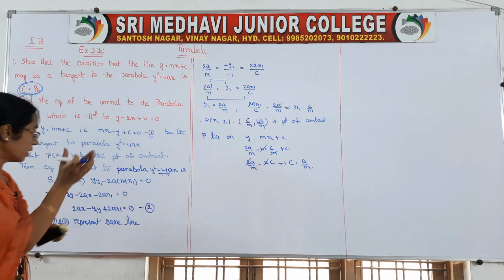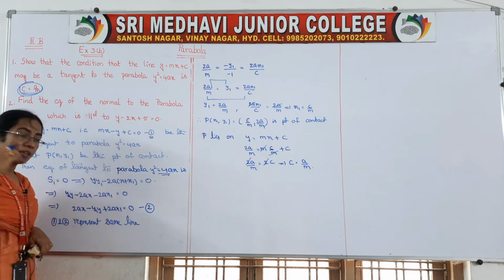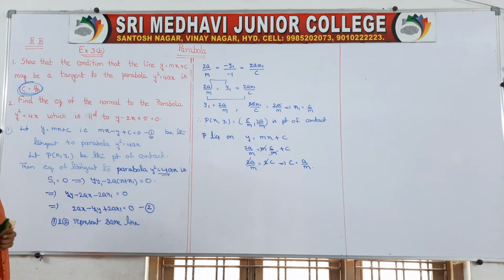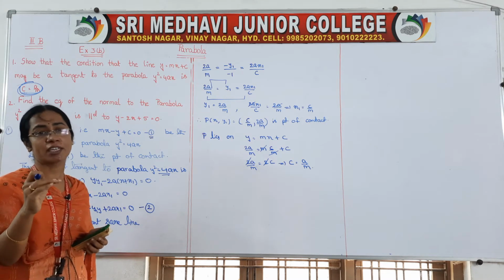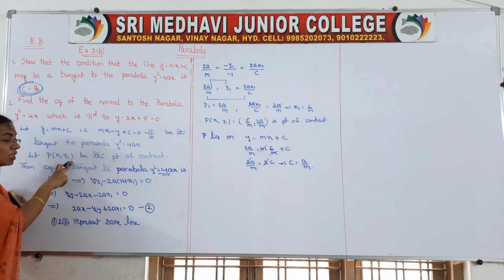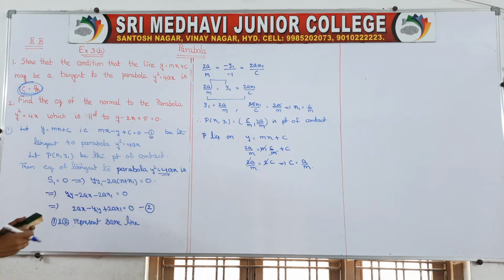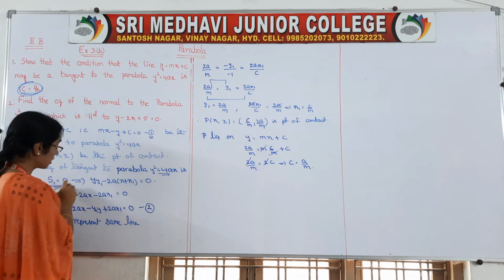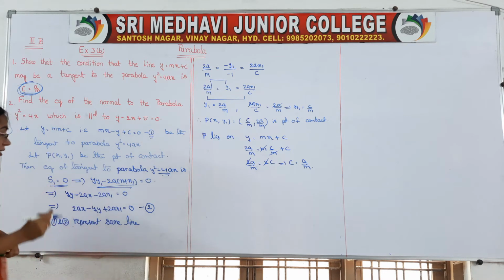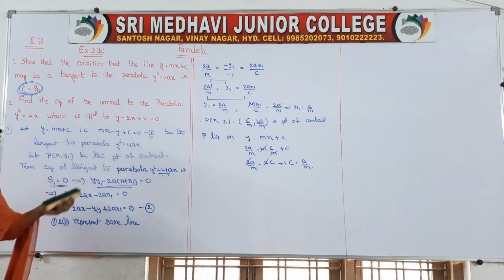So, we have taken the normal general line form, right. General line form means ax plus by plus c is equal to 0. Next, if a line is a tangent, definitely one point of contact will be there. So, I have taken P(x1, y1) as the point of contact. So, you find the tangent of the parabola at the point of contact, and its formula is S1 is equal to 0, this is the notation, and its formula is y1 minus 2a into x plus x1 is equal to 0.